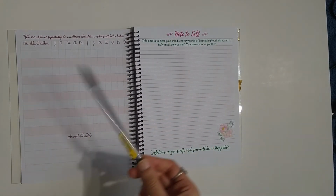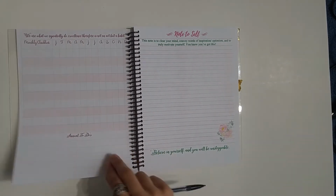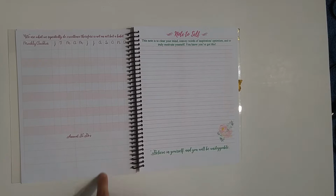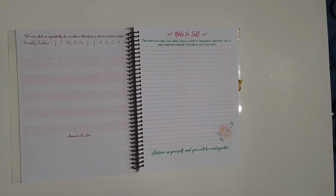Whatever works for you. So what matters most. And then you have your annual to-dos. It's a little different than the goals section. Those are goals. These are more of to-dos. So if you could look back at 2018, this is the question you ask yourself when filling this out. If you could look back at 2018 and be proud of the time you took out for valuable endeavors, what